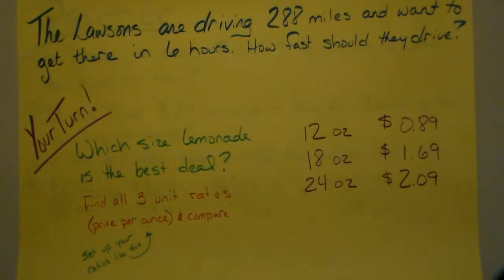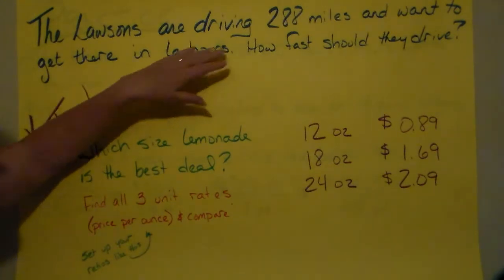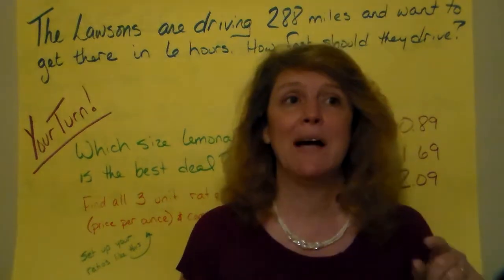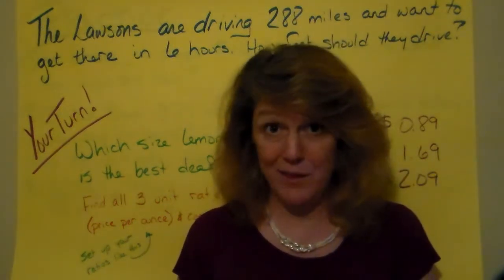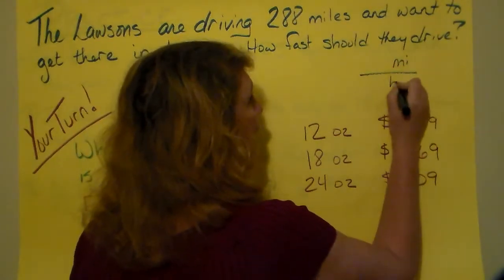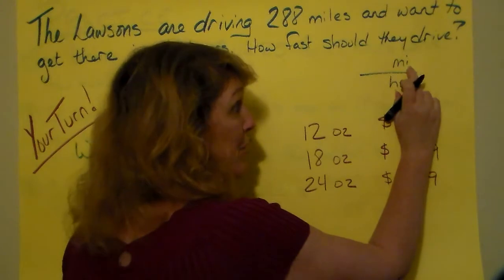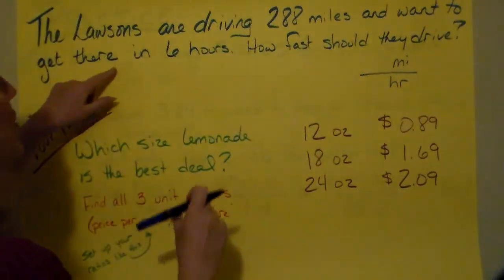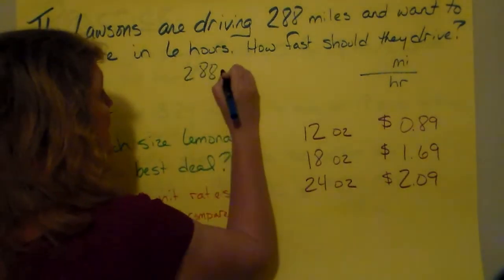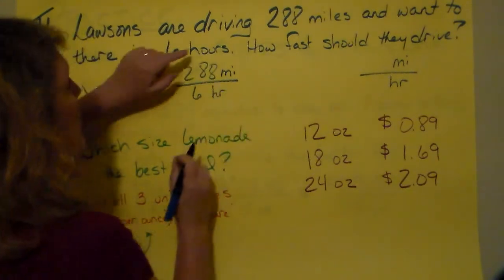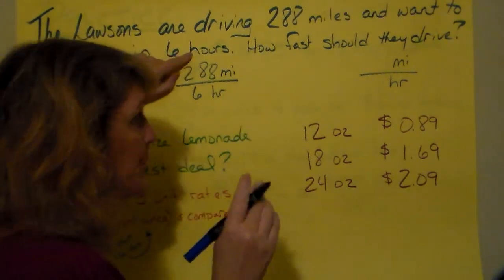All right, what do we got next? The Lawsons are driving 288 miles and they want to get there in 6 hours. How fast should they drive? I want to know how many miles per hour they're going. And that fraction looks like miles per hour. And you know that MI is miles, right? Because just M is meters. Make sure that you write it the right way. Okay, so we have 288 miles in 6 hours. And I want to know miles per hour, per 1 hour. So I know that hours has